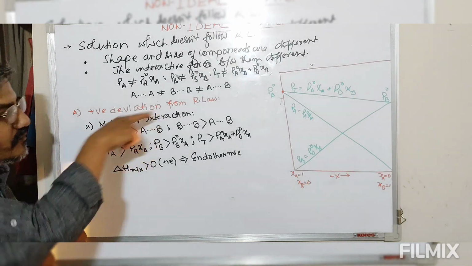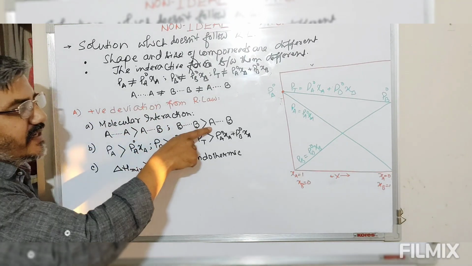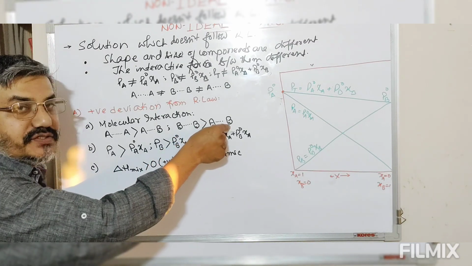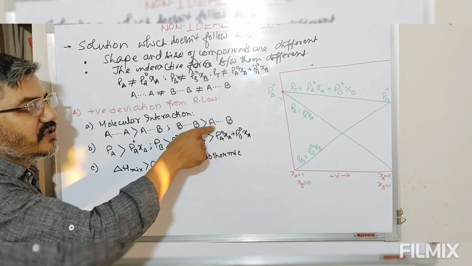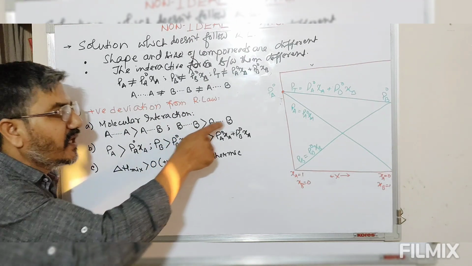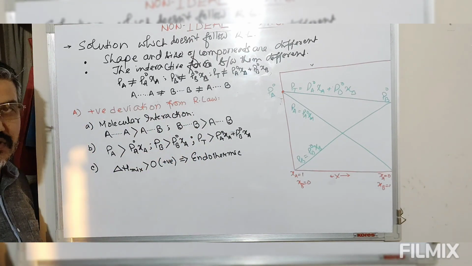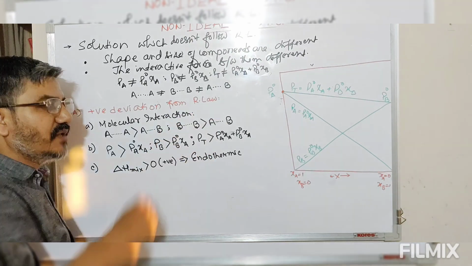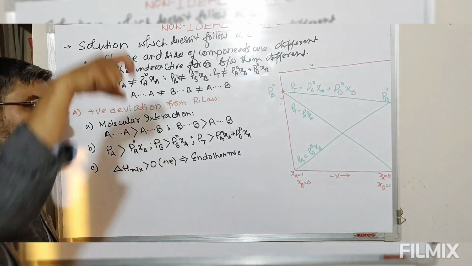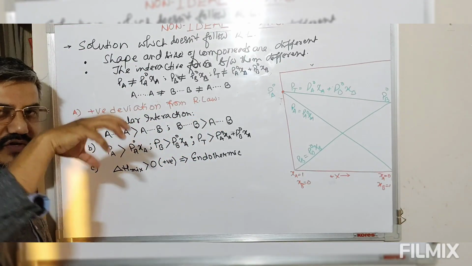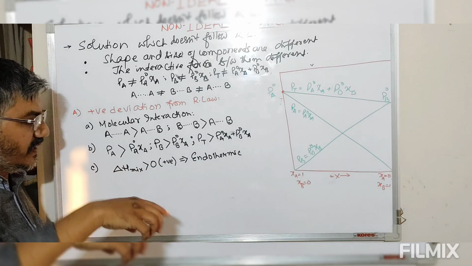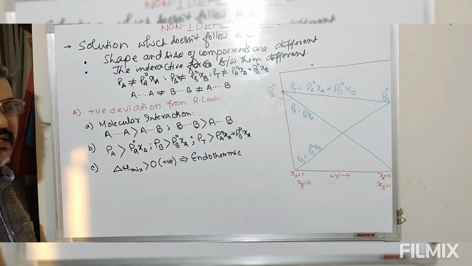Now look at this. As I had mentioned earlier, there exists some very big interactive force between A and component B, or there is some repulsive force. Now this A is not comfortable in presence of B, or B is not comfortable in presence of A. Now since both A and B are to be placed in the same solution, for this A and B to remain in solution, some force has to be applied. So by use of this force, these A and B will coexist in the solution. So since we are enforcing some external agent, hence delta H of the solution is endothermic.